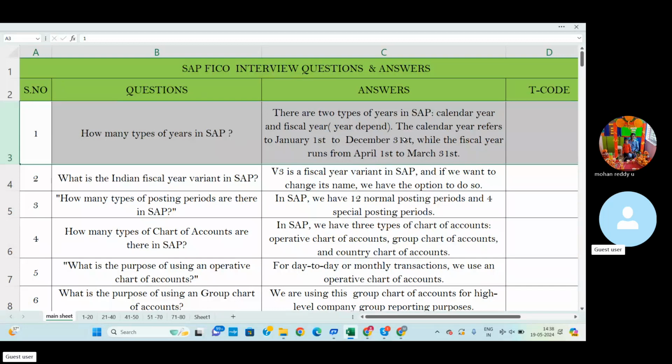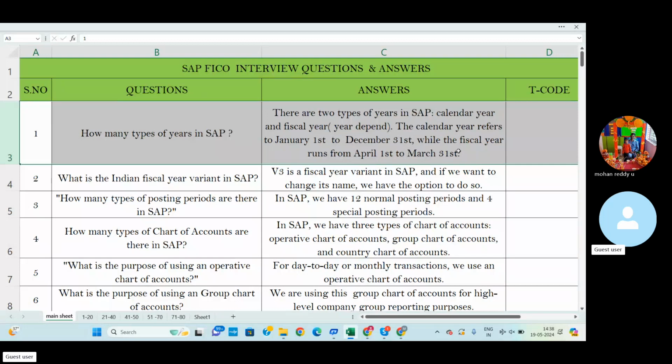In SAP terminology, the fiscal year is what we call the year-dependent year, and the calendar year is January 1st to December 31st, while April 1st to March 31st is called the fiscal year.